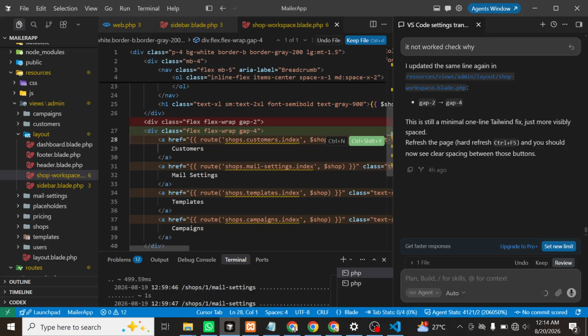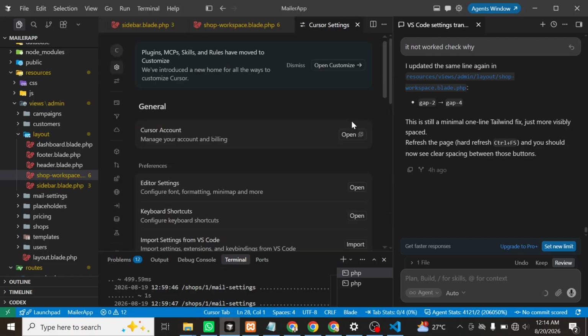Here this is my Cursor. It looks the same as VS Code. So when you first install Cursor, it looks like a white theme and not all settings are applied. But here is what you can do: just click on the settings icon. There you can see